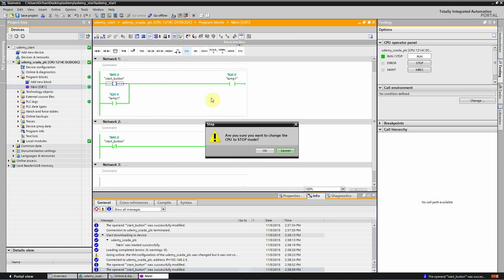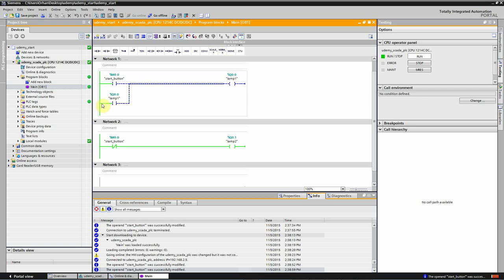If I make my CPU stop mode, my lamp will be closed, and I will make it run now. All the memory inside is 0 now, and we can see our lamp 1 is closed. I can use this line here. I must use some command here, and I must cut this line, and I will put here